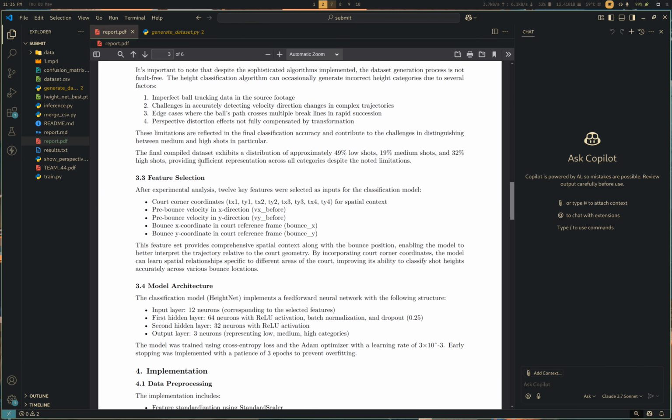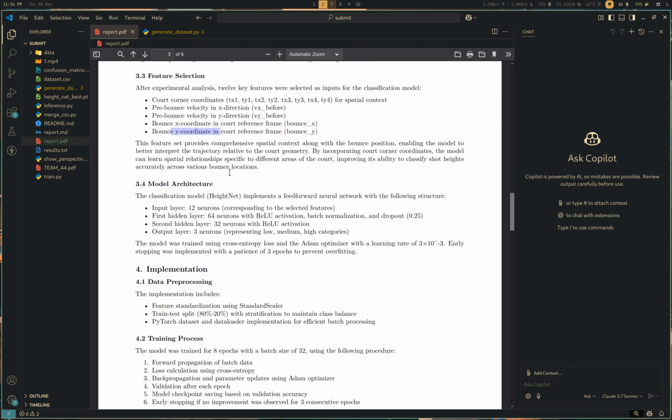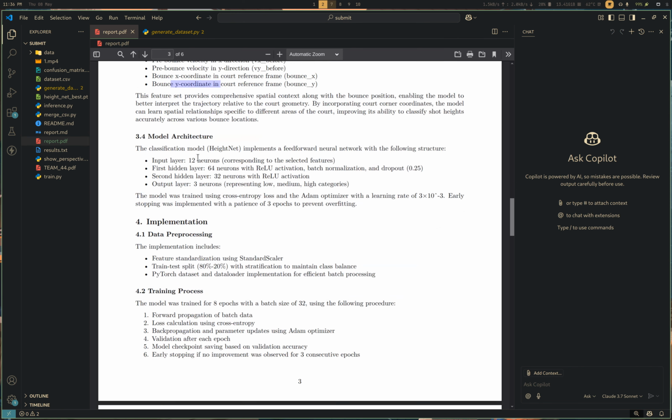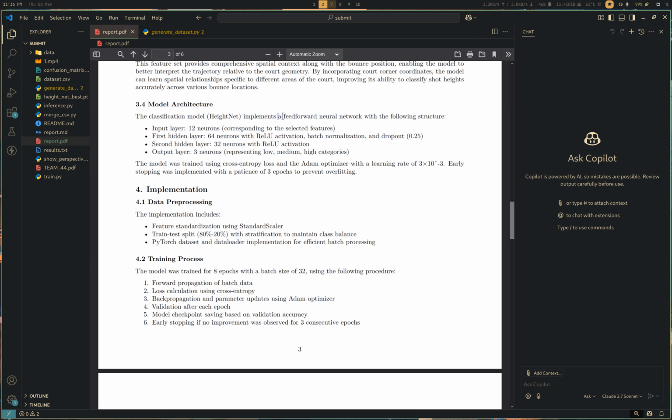So in the final dataset we have 4 key features: the table coordinates, the pre-bounce velocity in x and y direction, and the bounce coordinates for the given game.